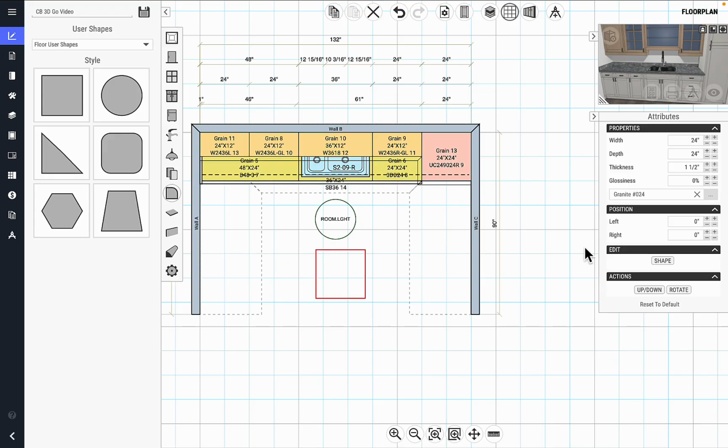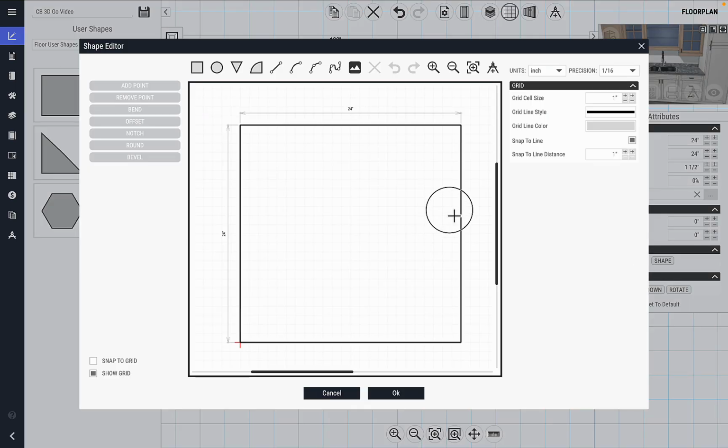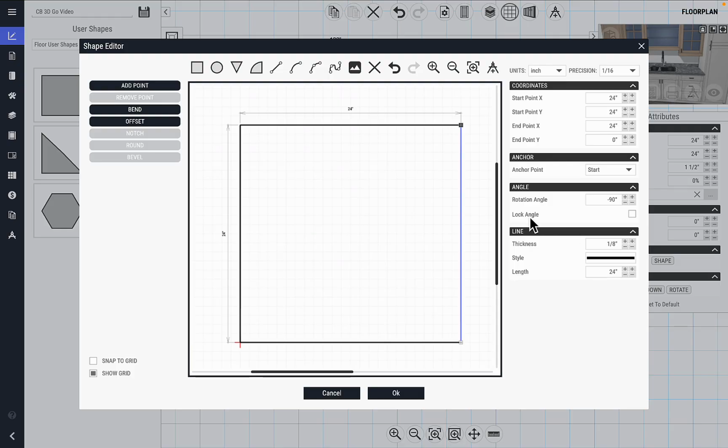So I'll take in this user shape and I'll click on shape. And I'll click on line segment, and here is the lock angle checkbox. And this keeps the direction of the line despite making any changes to any of its coordinates or any of